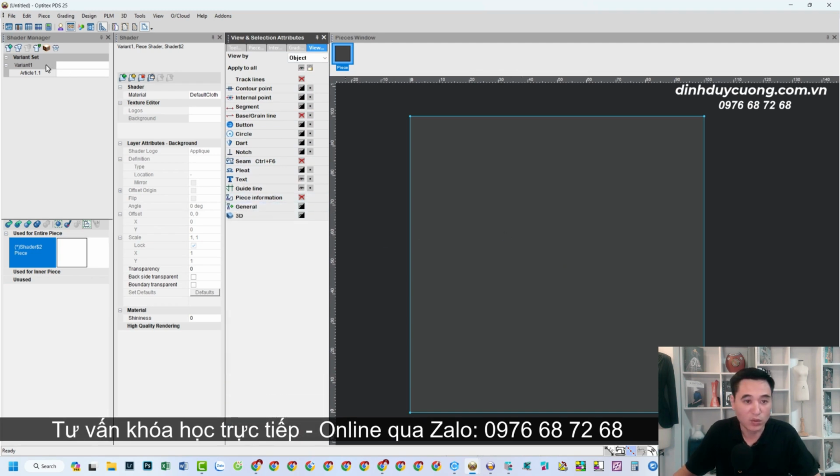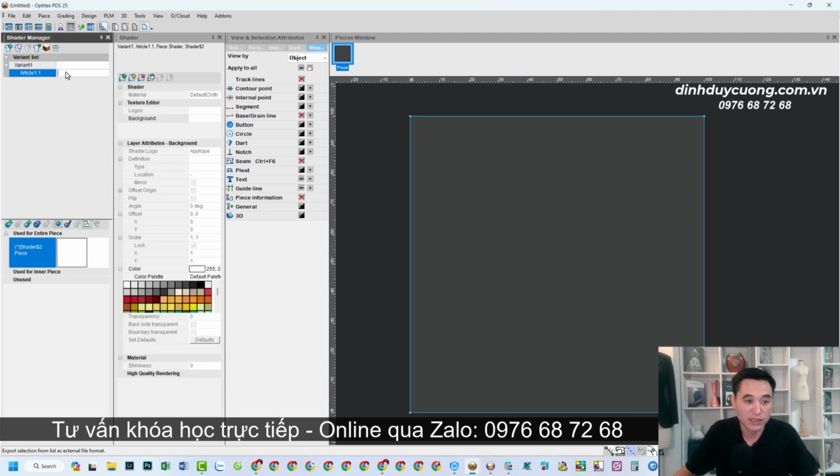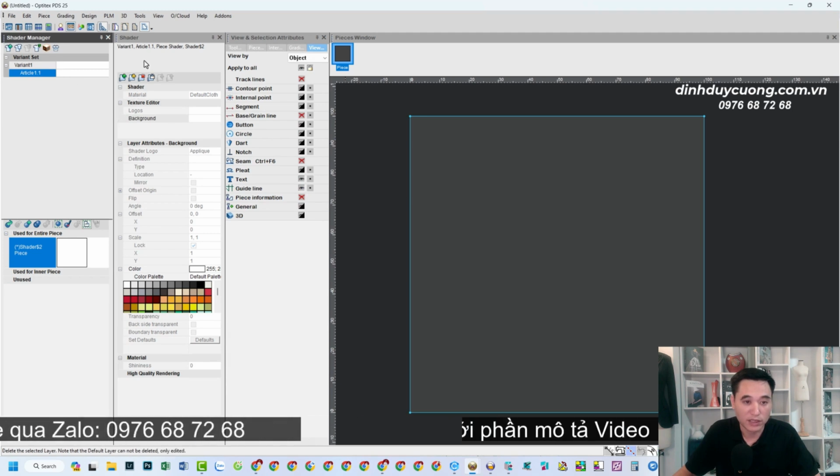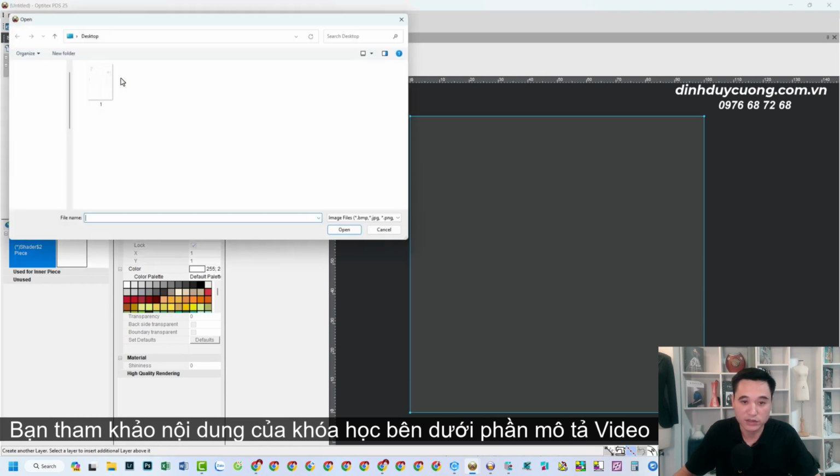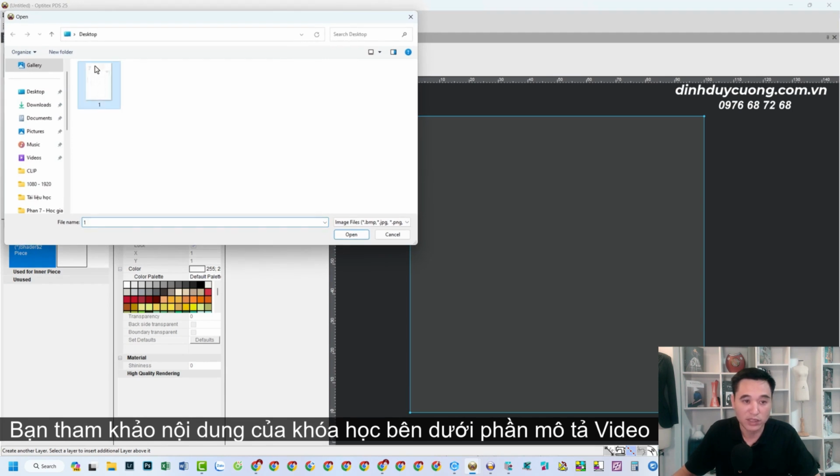Once you have completed that step, head over to the Shadow Manager window. You'll click on the line down here, the line called Arctic. First, go ahead and click on this specific line. Then, take a moment to look at the shadow column located over on the right-hand side of the screen. Then you'll click on the Add Layers section. Click on it. Alright. After that, select the image you just downloaded. For example, like this.